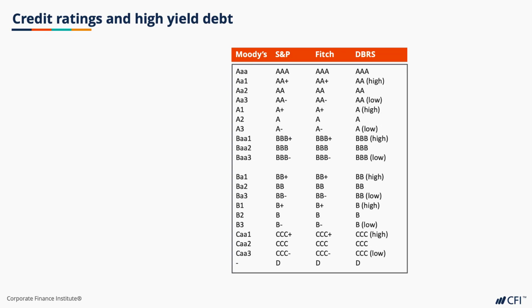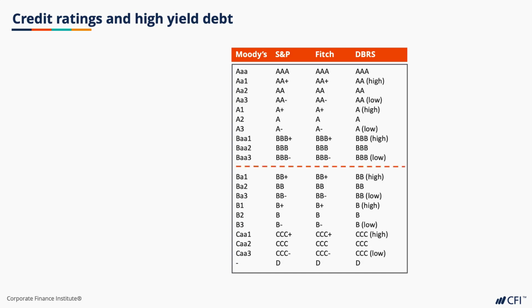A company's cost of debt is directly related to how risky it is. And in order to assess how risky a company's debt profile is, there are debt rating agencies that will rate companies. And you can see here in this table, we've provided examples from Moody's, S&P, Fitch, and DBRS of their ratings for companies. And there is a bright line on this table, right in the middle here that we've highlighted,